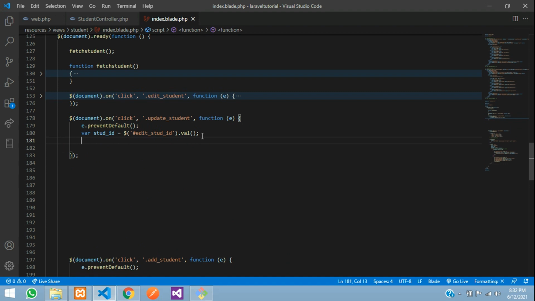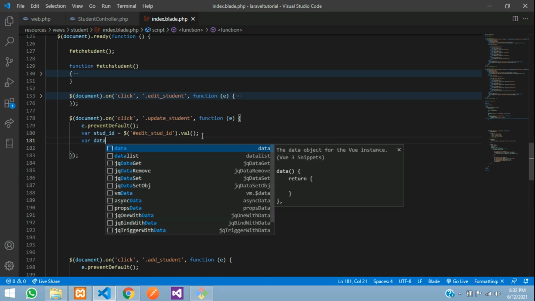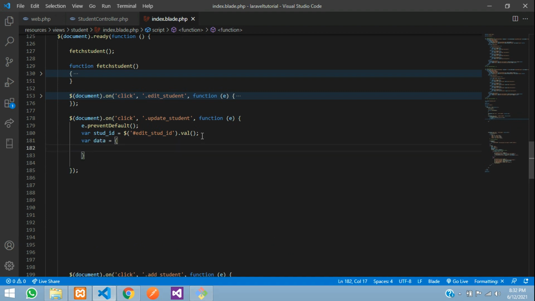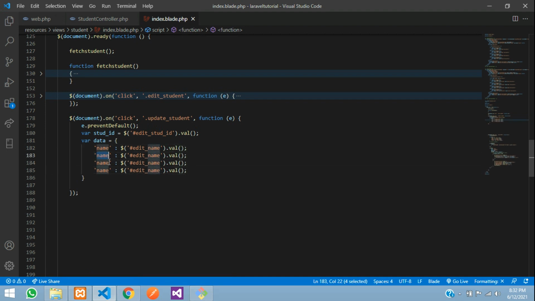And now guys, other fields also we will call. Let's keep those fields in a single variable called data, and make a custom input field name colon, dollar of your edit_name, where you are going to get the value. So we are going to get all the fields: name, email, phone, and course, each from its input field.